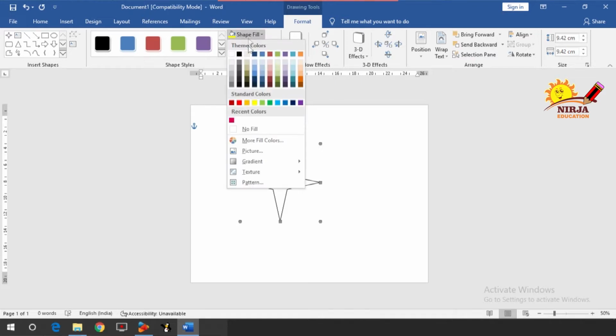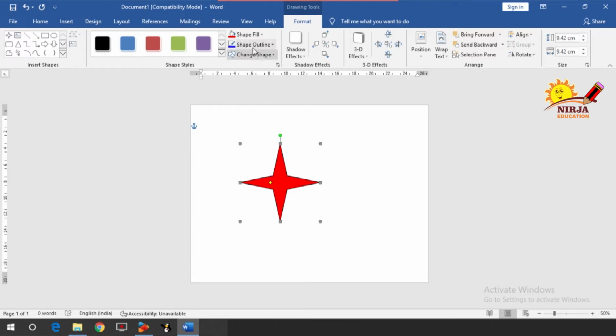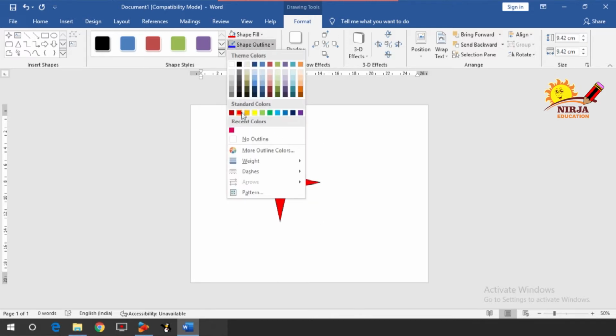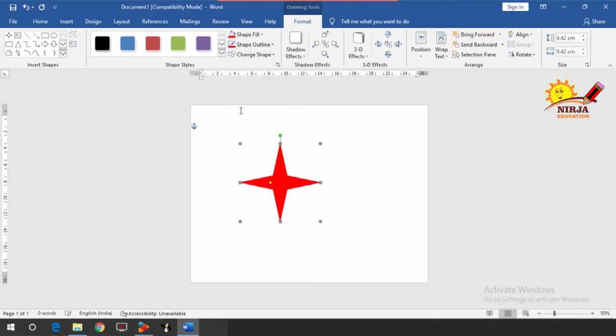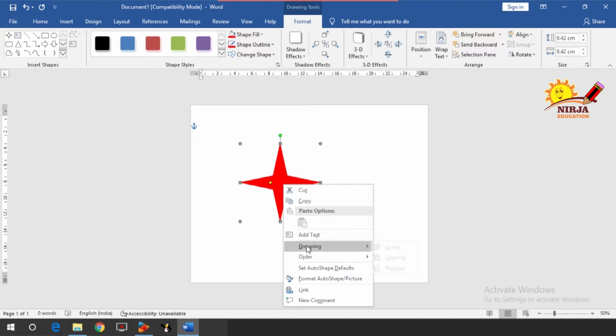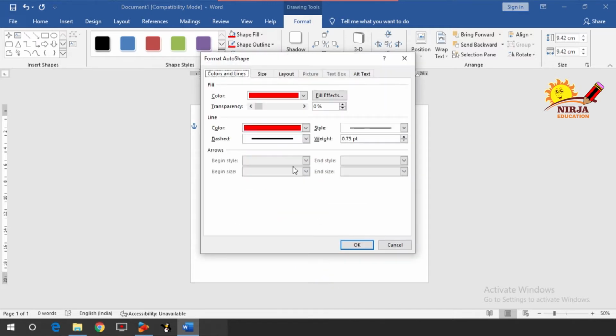Now with the help of the format tab, I am going to fill the shape color as dark red and the outline I am going to keep the same color. Now right click on the shape and as you can see, a sub menu is opened. From that I am going to click on format auto shape or picture. As you can see over here, line and fill colors are there.